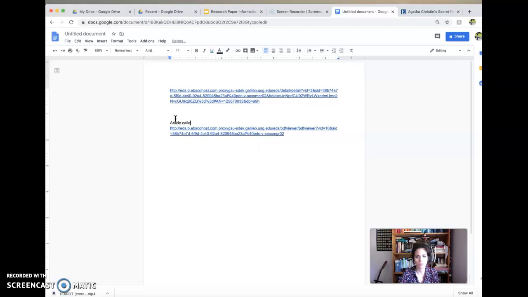an article called Agatha Christie's, oh my gosh, Secret Fair Play, whatever that means. Okay. So I'll just keep collecting until I am